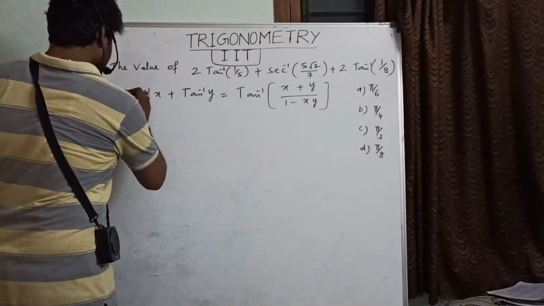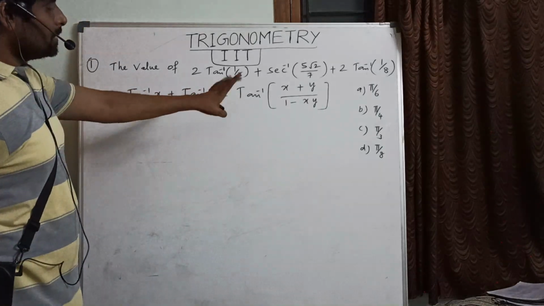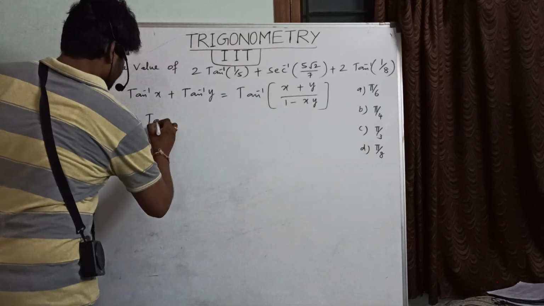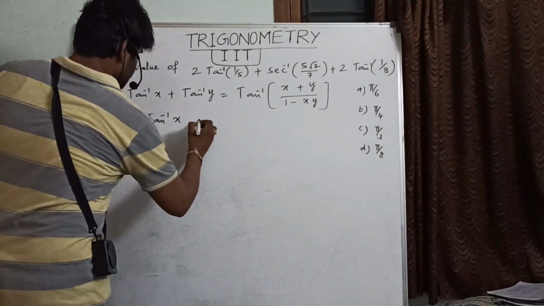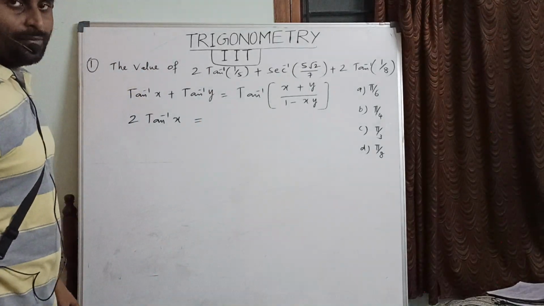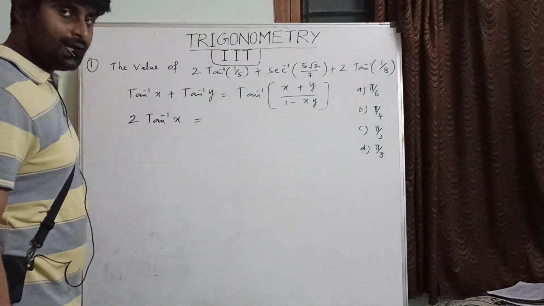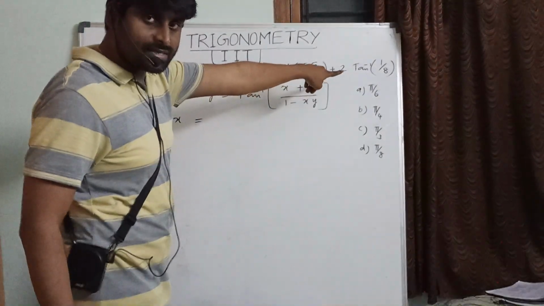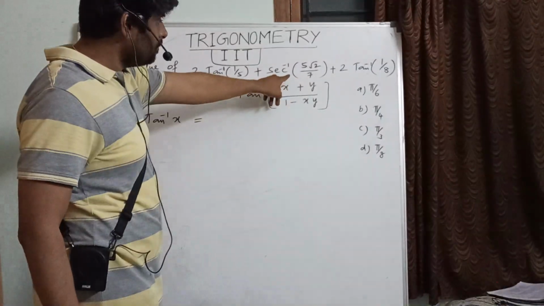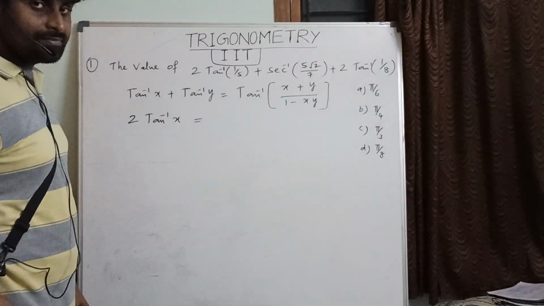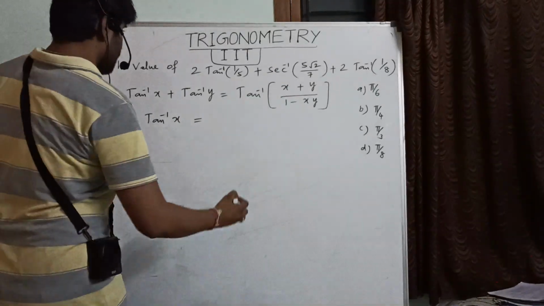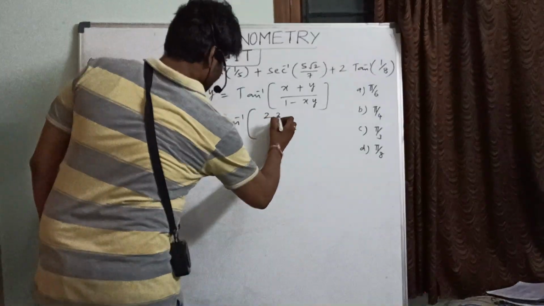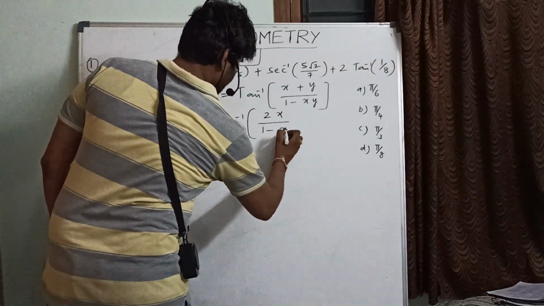So now let us go for discussing another formula which we use in most of the cases, that is 2 tan inverse x. What is the formula for 2 tan inverse x? In tan, because everything we are going to convert into tan only. Here first term, last term was given in terms of tan inverse, so the middle term also we are going to convert in terms of tan inverse. Okay. So what is the formula for this? Tan inverse of 2x by 1 minus x square.